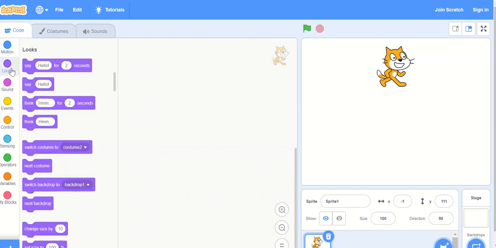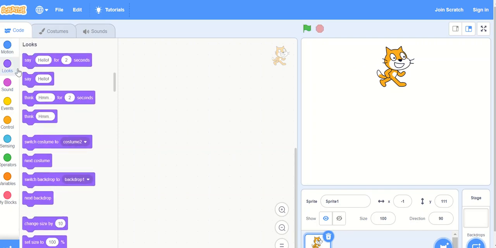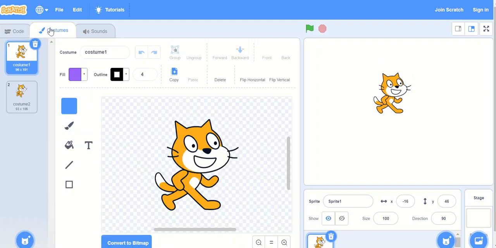Okay, the next block is the looks block. Looks is used to change the appearance of the sprite. Here, appearance means its pose, its looks. For example, when I click on the costume tab, you can see there are two costumes of this cat sprite.